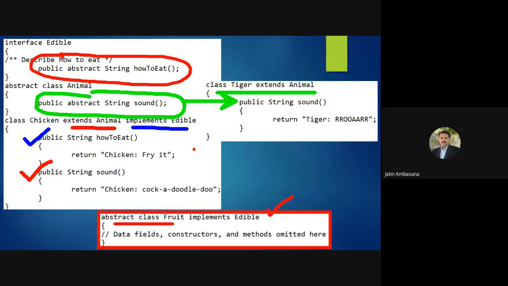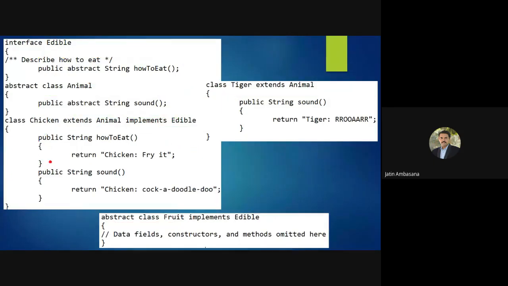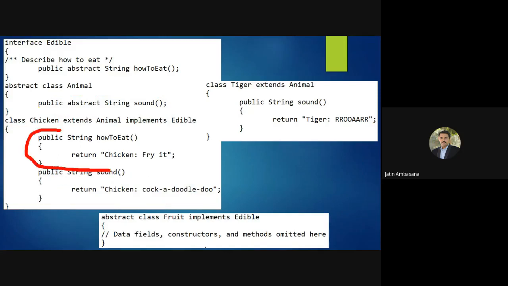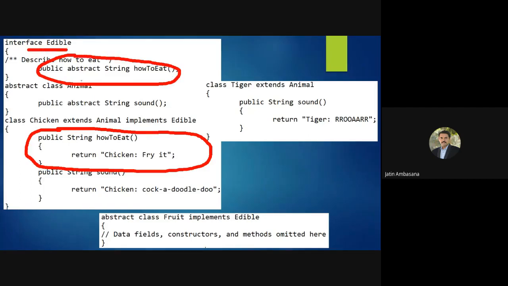So if you don't implement an abstract method that you inherit from the parent class, then your child class also becomes abstract. That's the rule. And the same rule applies to interfaces. If you don't provide an implementation of the abstract method of the interface, then your interface-implementing class will become an abstract class. It's as simple as that.